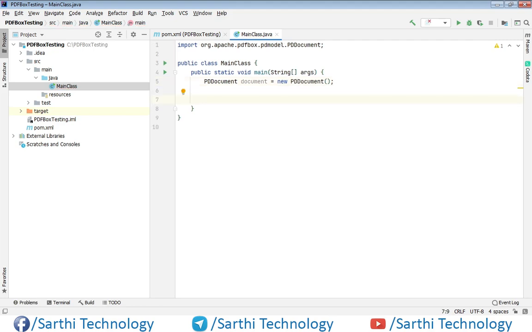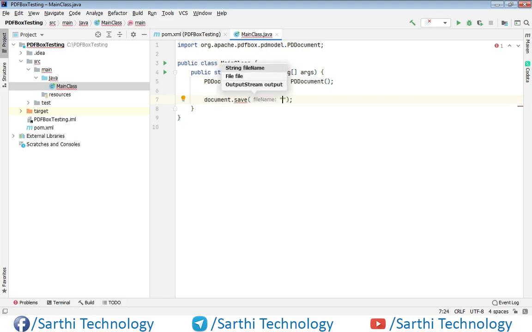Now we need to save the PDF somewhere in our drive, so we will save it using a method called save. Document dot save, and here we will put the path.